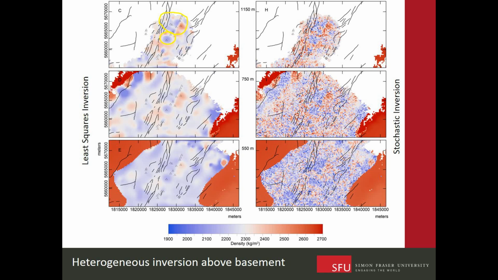Tracking these features, we can see them persisting through these depth slices. This is coincident with Mount Narahoe, the big recent stratovolcano at the southern end of this massif. As we go down deeper, we're losing a bit of resolution, but we still have this gravity high here, which is here and here. And in the field, this actually correlates with a really big thickness of lavas that are mapped. So I suspect the lavas have been retained from here.